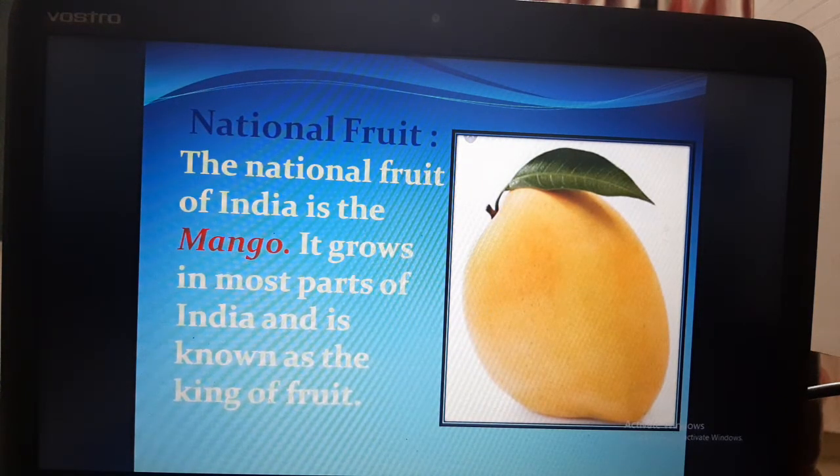Next is our national food. Which is our national food? Everyone likes this food. Yes, the national fruit of India is the mango. It grows in most parts of India and is known as the king of fruits.